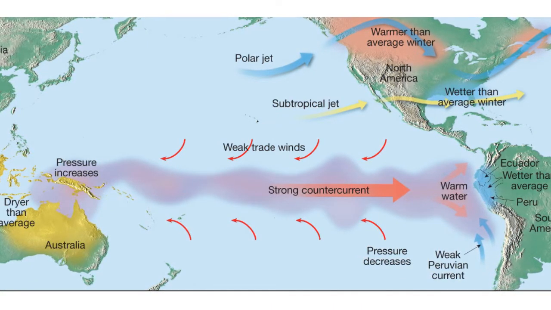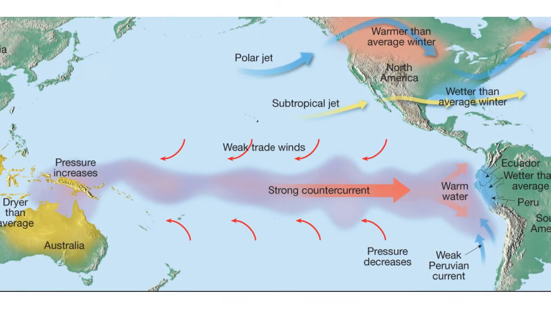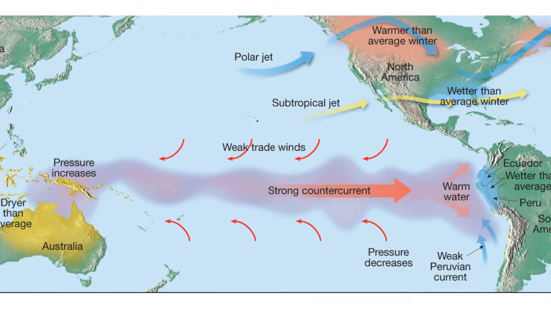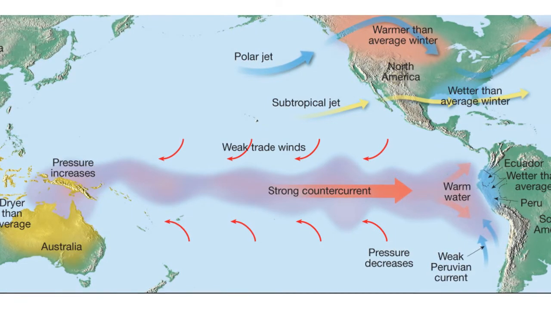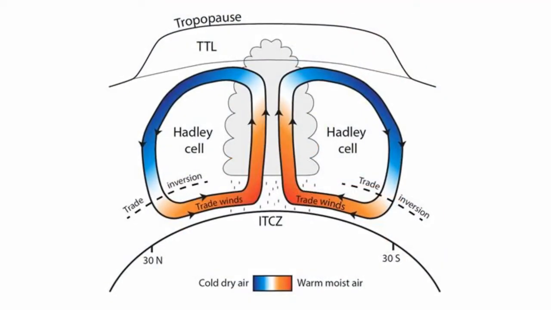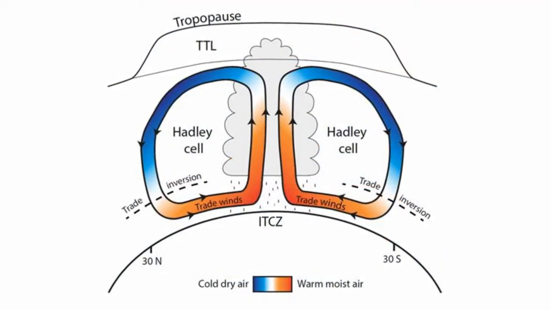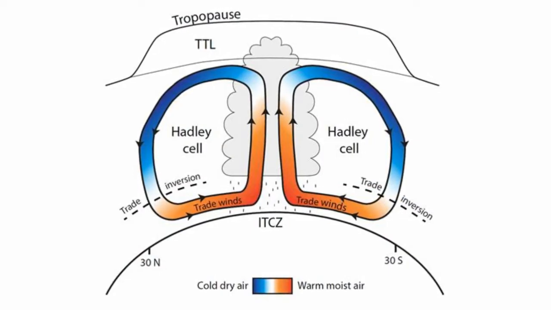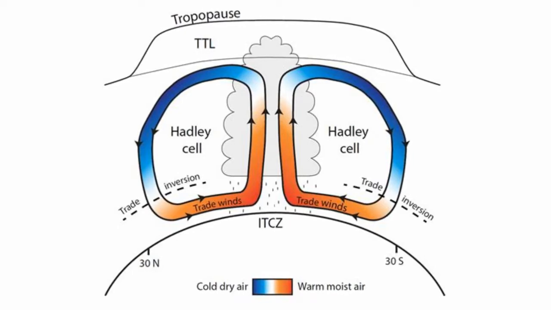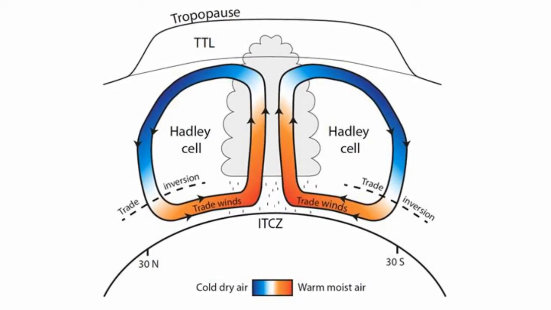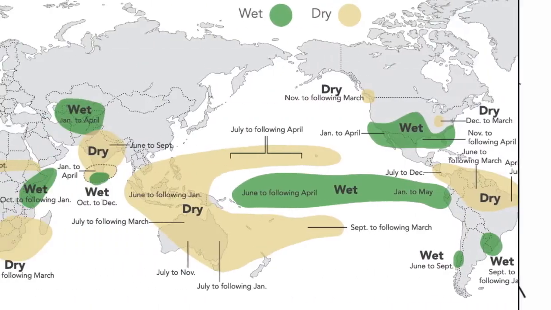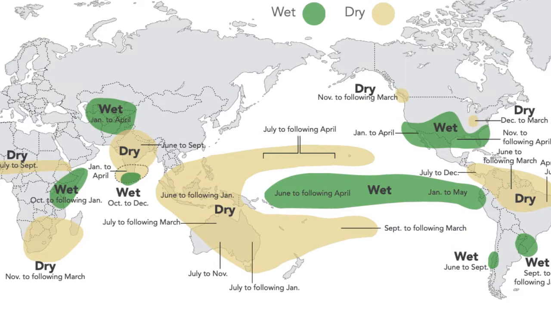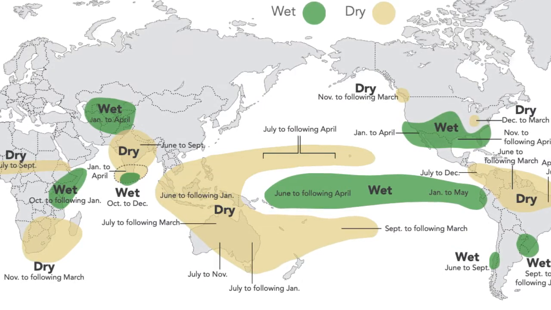The water surface warms up, decreasing the atmospheric pressure above. The warming of surface water in the east increases atmospheric convection and leads to increased precipitation and thunderstorms. This also warms up the upper atmosphere, causing the poleward airflow to become more vigorous and changing the strength of the Hadley circulation. This has worldwide consequences on the circulation patterns, such as the position of the jet stream in the northern Pacific during winter.